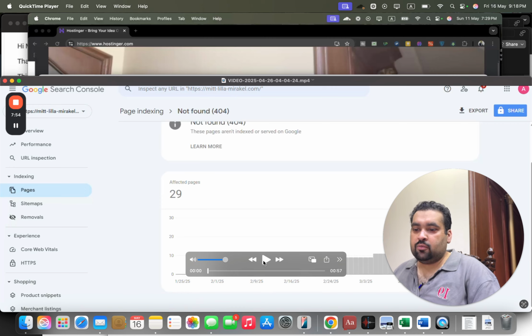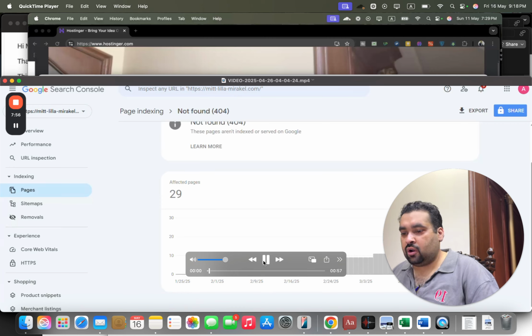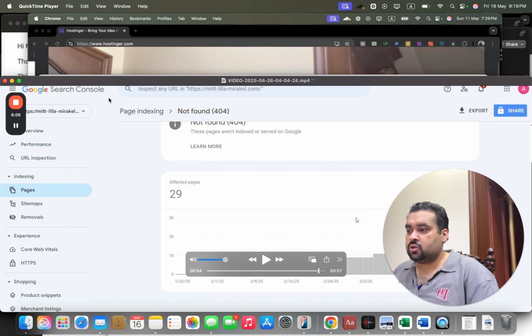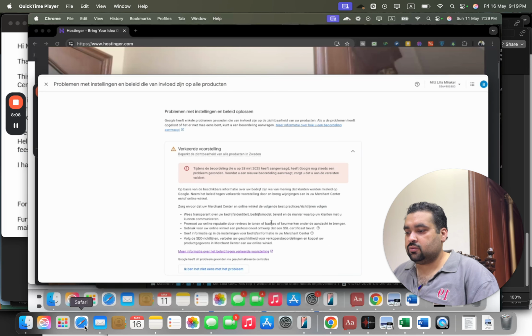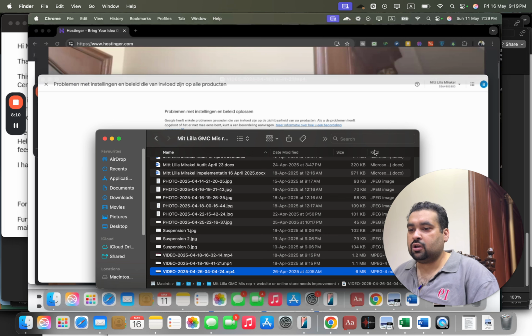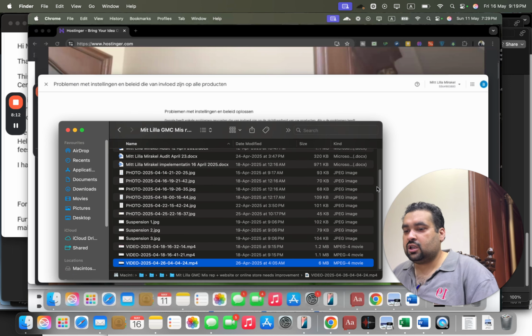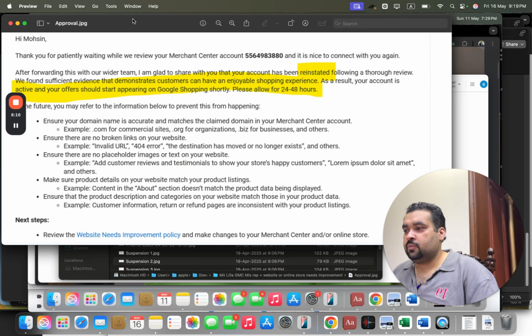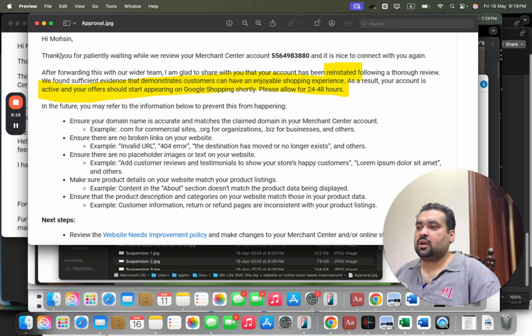And here I am removing the not found 404 backlink. I'm not doing it, but one of my team members is doing it. So all of these not found pages need to be restored. So we discussed this, and after this what we did was have a manual communication with the Google team, and then we got an approval, which one of my team members received. Hi Mohsen, thank you for